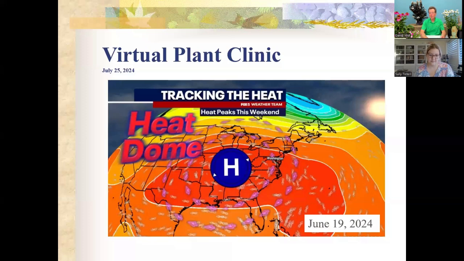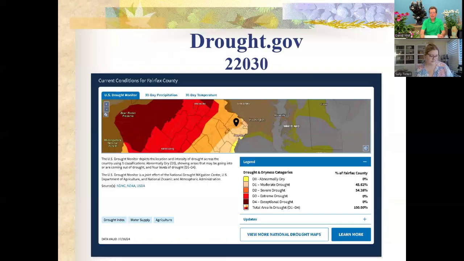And really, it's only recently, I'm going to say even like this week, we've started to get a little bit of a break from that. So yes, extremely hot, extremely dry conditions. And even though we've had some rainstorms, we had some showers, if you look at Virginia, and this is where I'm sitting right now at our Fair Oaks location, you can see we were kind of right on this border between a severe drought and a drought and a moderate drought.